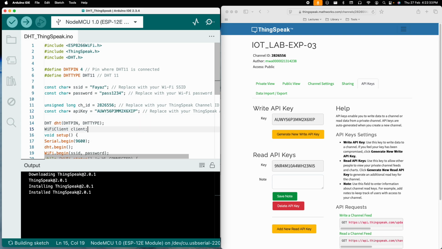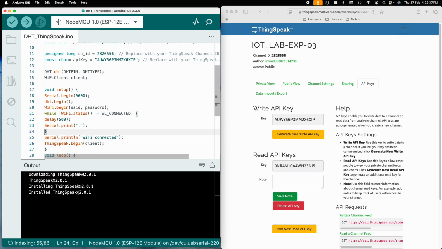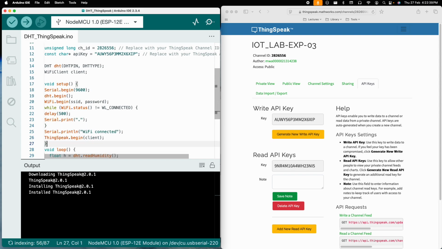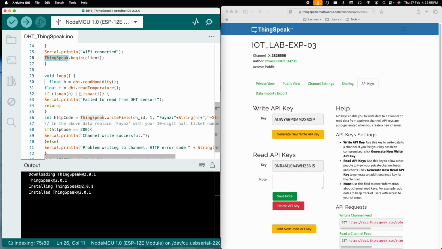And then you have the Wi-Fi client, and then we go to the setup. In the setup, you can see the additional thing now is that Wi-Fi connectivity is being attempted over here. You can see these places where it says Wi-Fi connected. Once it is done, it comes out and uses the ThingSpeak library and gets connected with it. And in the loop, you can see,